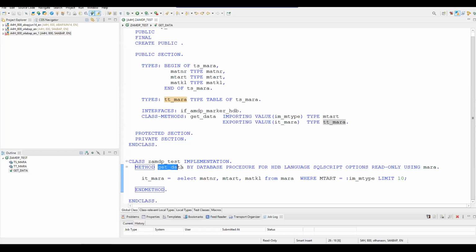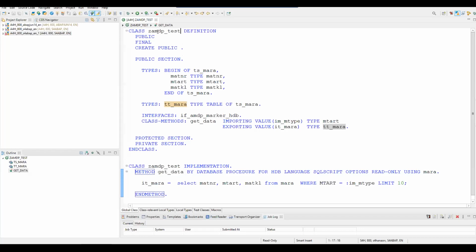In fact, this method gets converted into a stored procedure. And what will be the name of the stored procedure? This class name, equal arrow, this get data. That will be the name of your stored procedure. So at the HANA DB layer, one stored procedure would have been created under the schema through which the system is connected. There, if you go and check, I will not go and show you that, but you should know that this method actually gets converted into the database procedure, and the name of that database procedure is going to be the name of this class, then the equal and arrow sign, and again the name